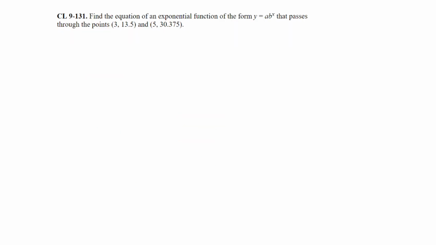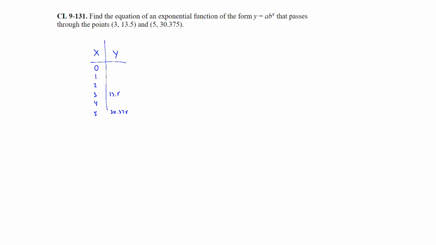Question 131. Find the equation of an exponential function of the form y equals a times b raised to the x that passes through the points (3, 13.5) and (5, 30.375). So we've solved these types of equations two different ways. We've set up systems and solved. We've also really just looked at a table and helped identify it this way as well. So we don't know what 0, 1, 2 is, but we know what 3 is. 3 is 13.5. We don't know 4, but we know 5 is